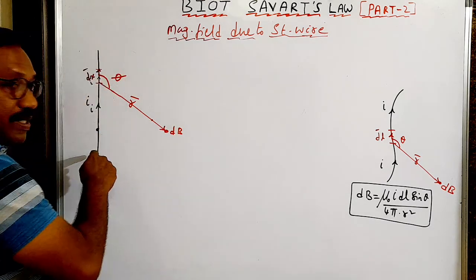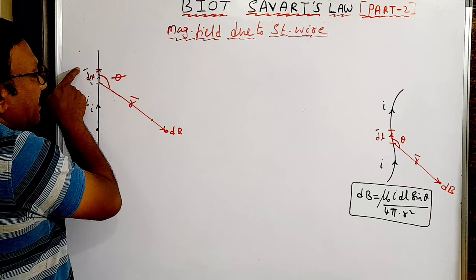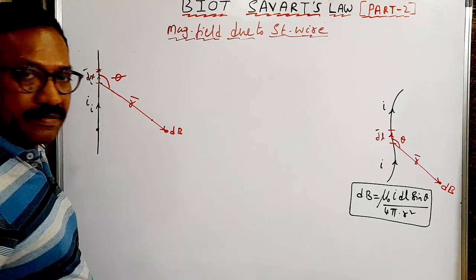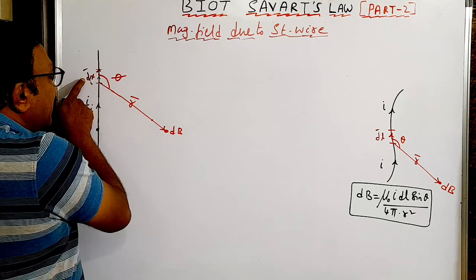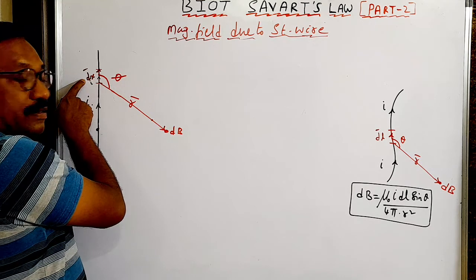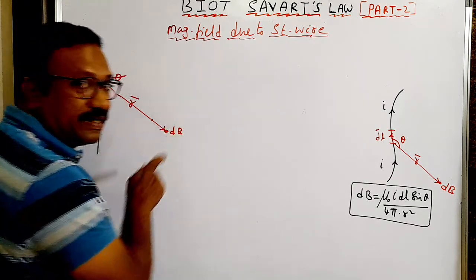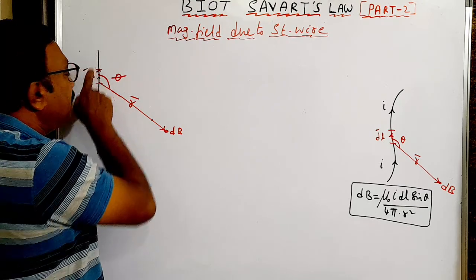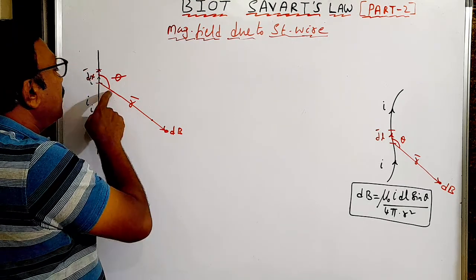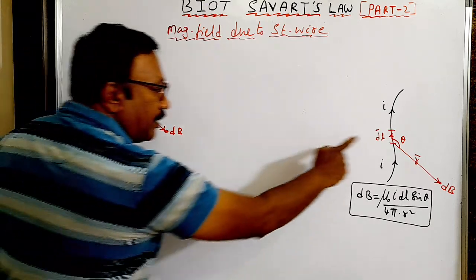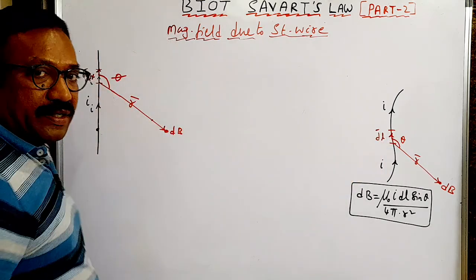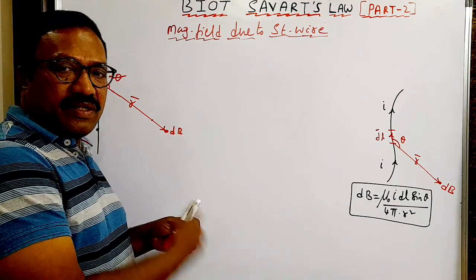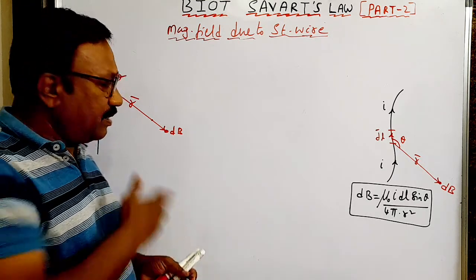Now if this is a straight wire, this is dx bar. See, here I have taken dl bar, here I have taken dx bar. So due to this current element dx, at a distance r the magnetic field is dB. So this is r bar, this is dx bar. The angle between r bar and dx bar is phi. Here I have taken theta, here I have taken phi. That is the only difference. There it is dl, here it is dx, because it is more convenient for deriving the expression.